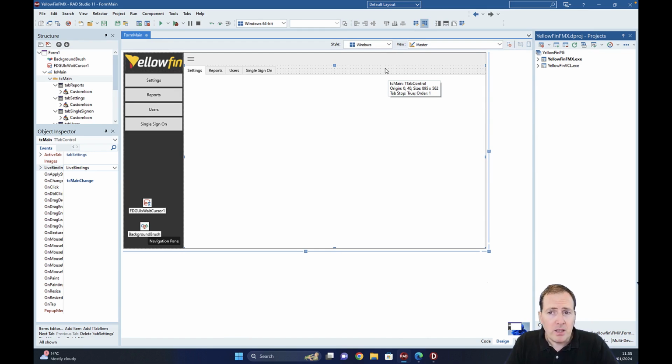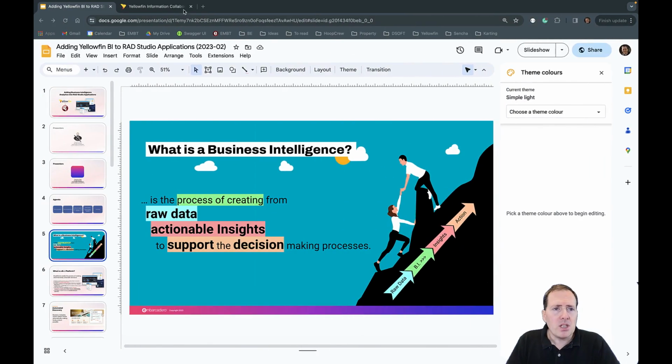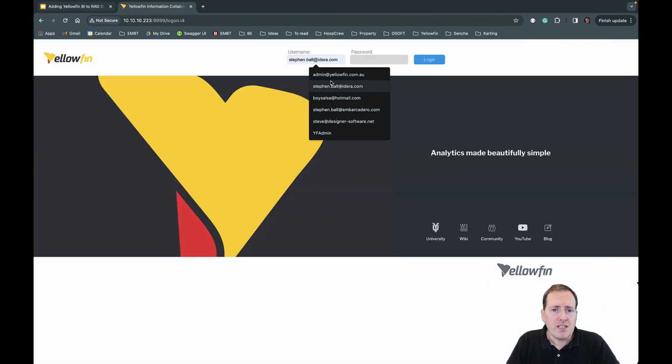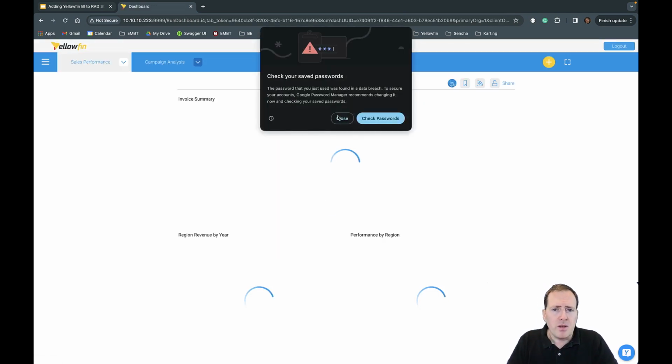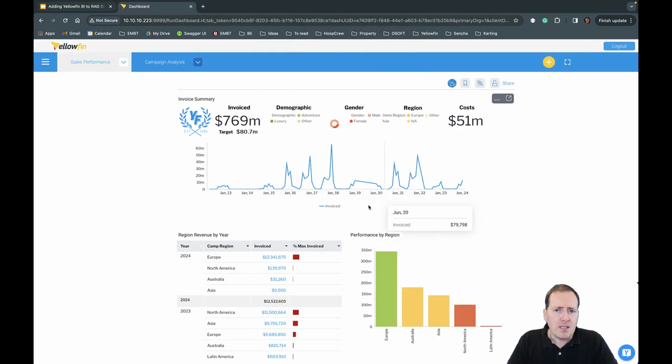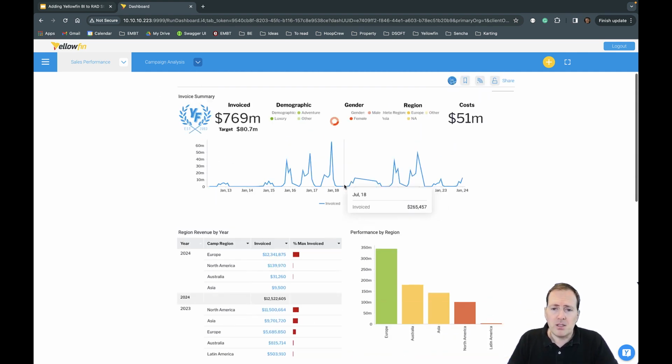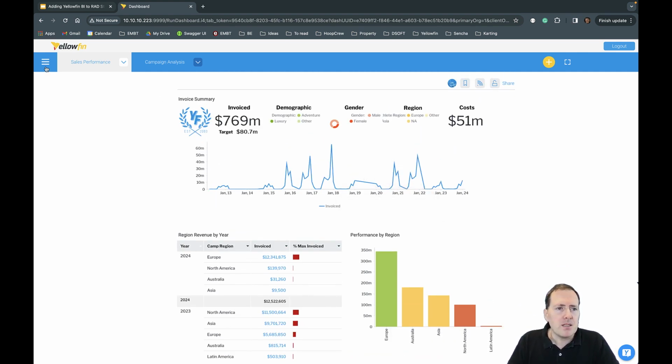We've had a quick look at that. I wanted to show you, obviously, Yellowfin itself. So let's just log in here with the same user that we've just been logging in as. We can see our dashboards, which we haven't explored through the application yet, but you can pull those directly up as well. But let's go ahead and